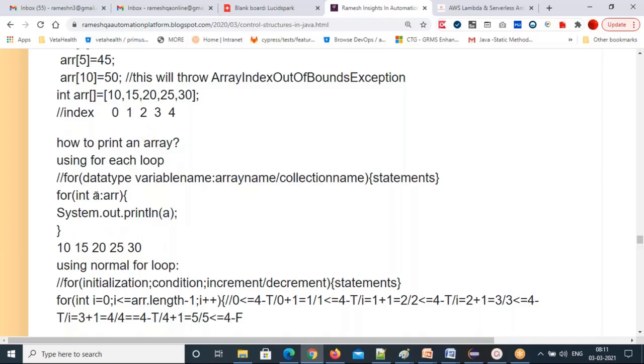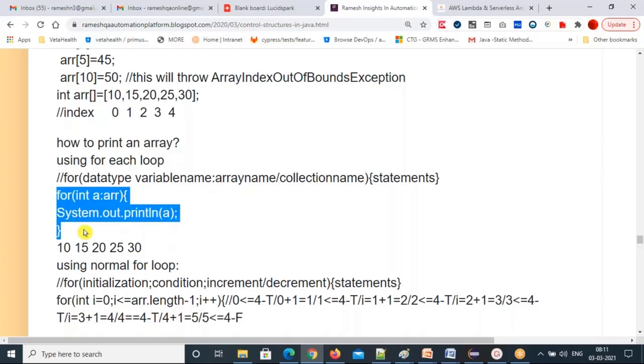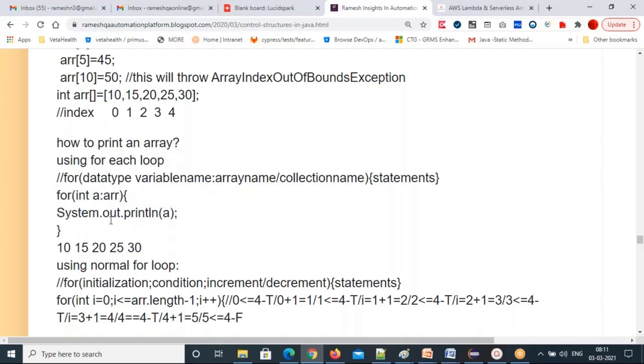Now A automatically goes to the third position, that is 20. So 20 will print. And A contains the next element 25, so 25 will print. And A contains the next iteration 30, so 30 will print. A tries to go to the next, there is no element at all. So it is false, it doesn't come inside. If the element is there, it will come. If the element is not there, it will become false and it doesn't come inside the for loop body. That's an easy one, right? For each loop. So printing with the for each loop is easier than normal for loops.